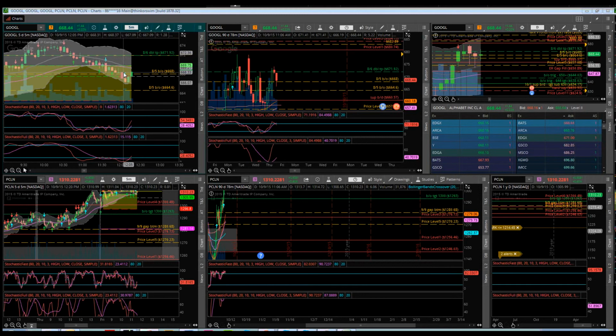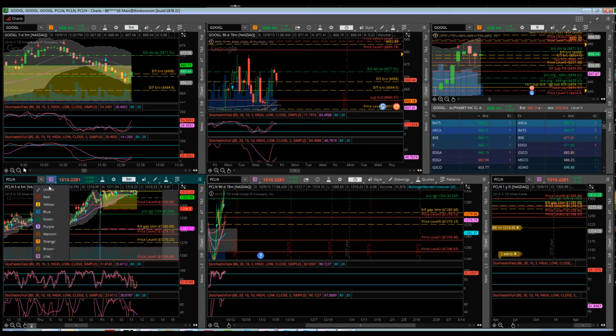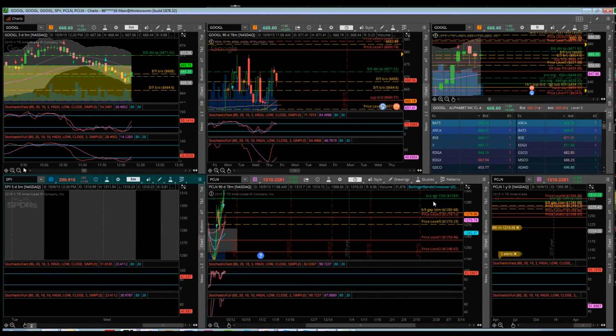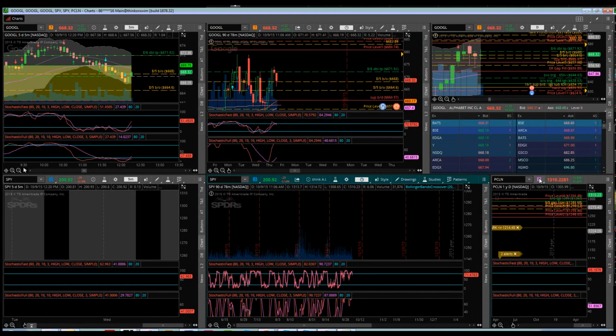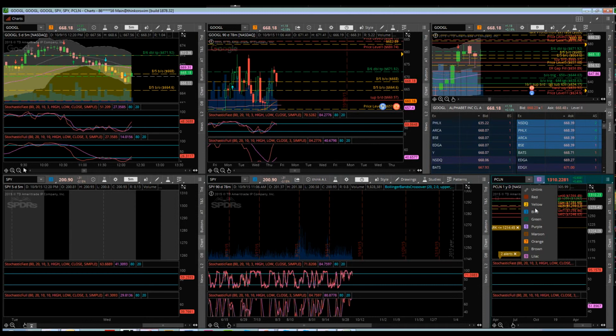Okay, folks, what we're looking at here is a live intraday shot of Google. I have a few different time frames that I'm watching here, and let me make a couple adjustments on these charts because we want to keep an eye on the SPY at the same time that we're trading this Google trade. And as it stands right now, we opened up a couple 677.50 calls on Google that